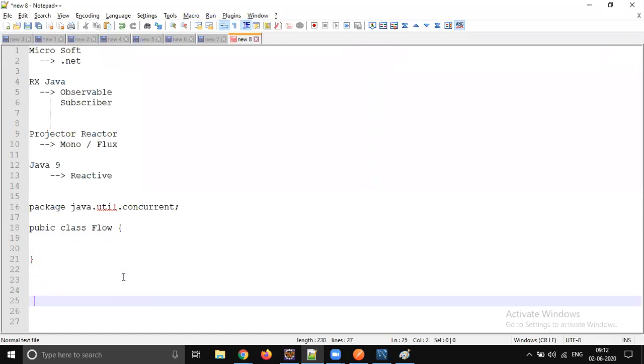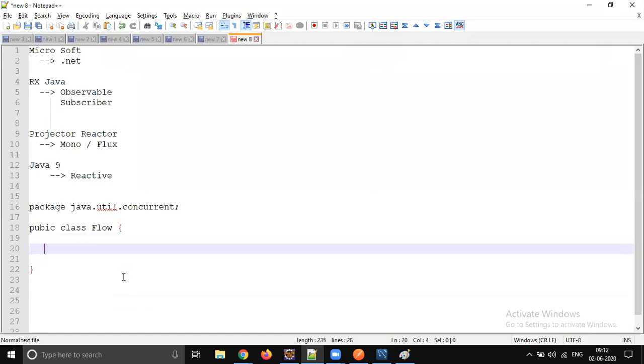So this class is going to have four sub interfaces, right? It's like public static interface Publisher.